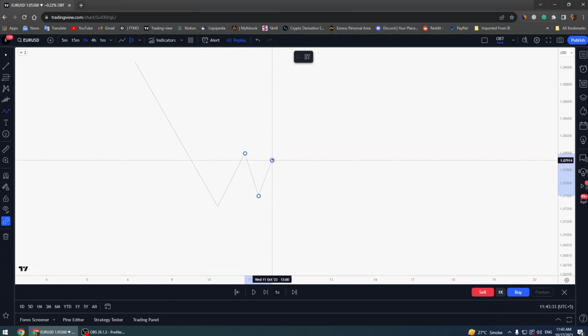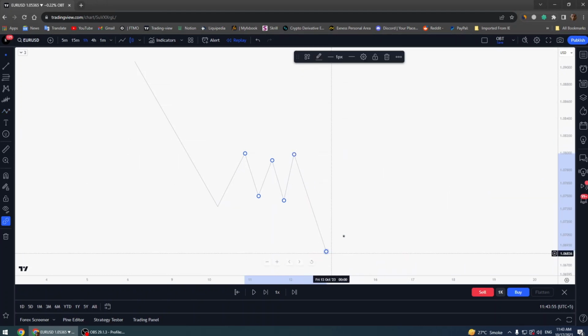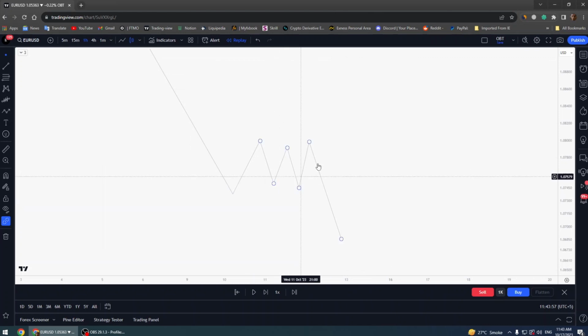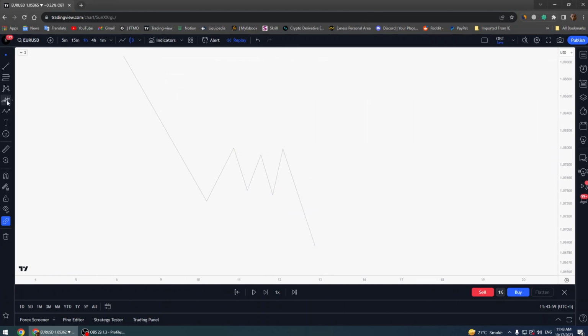it made a high, and then it broke the previous low again, but not breaking the most major structural point. It didn't break that. What it did again, it broke the previous high again, and then after that pushed to the downside. This is what the market usually does, and this is where we're going to find our